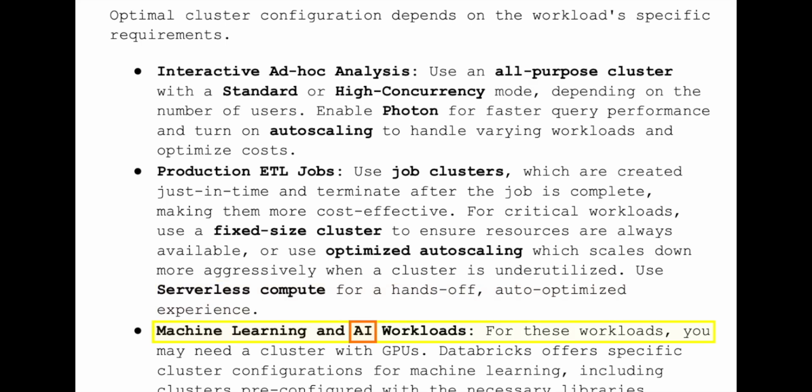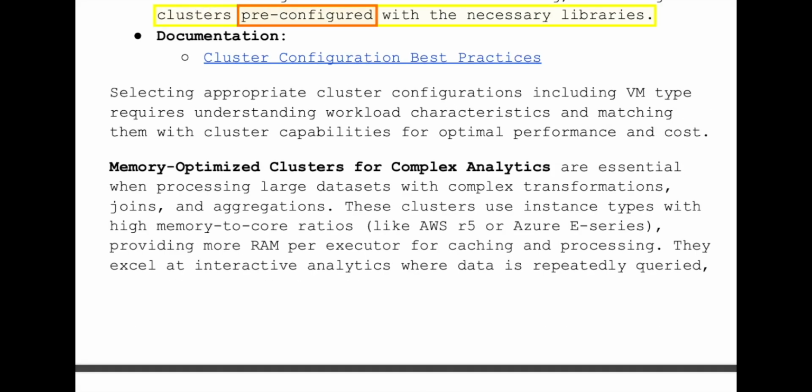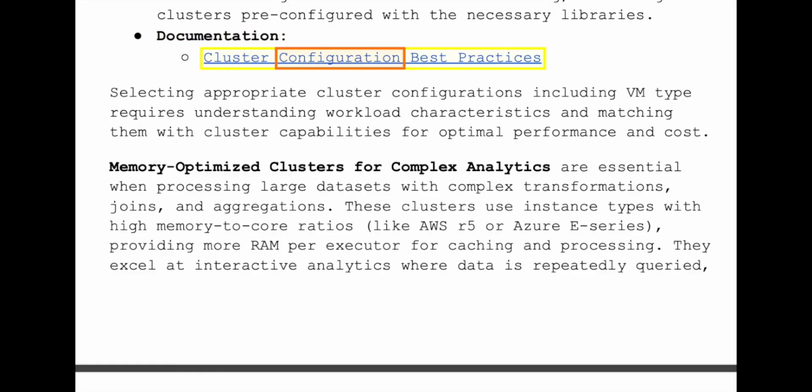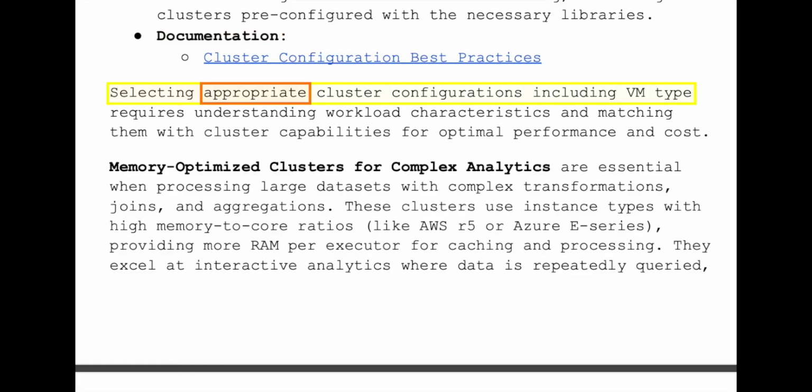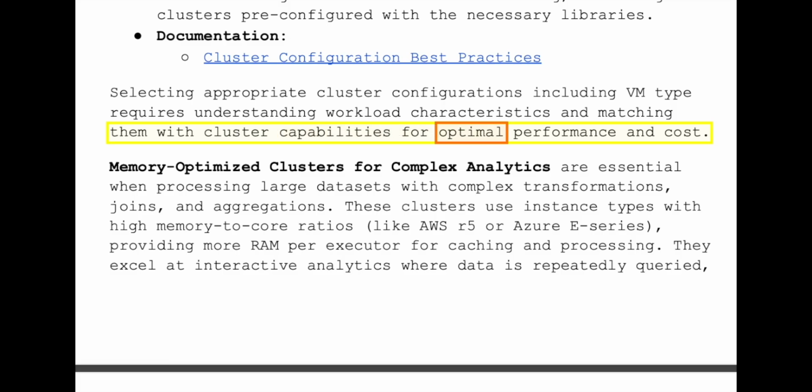Machine learning and AI workloads. For these workloads, you may need a cluster with GPUs. Databricks offers specific cluster configurations for machine learning, including clusters pre-configured with the necessary libraries. Documentation. Cluster configuration best practices. Selecting appropriate cluster configurations including VM type requires understanding workload characteristics and matching them with cluster capabilities for optimal performance